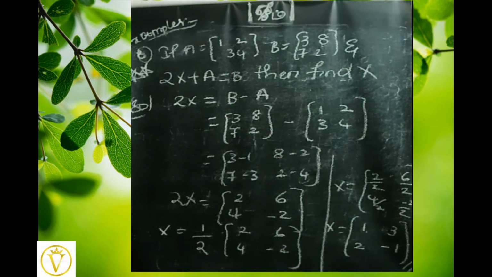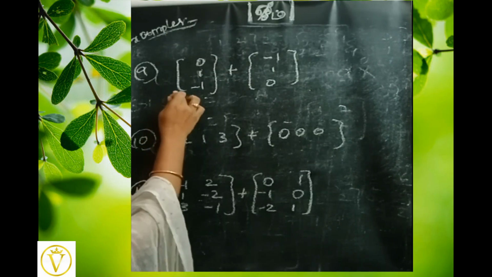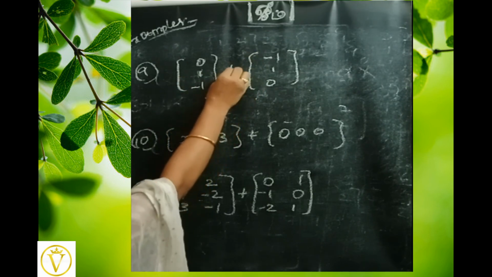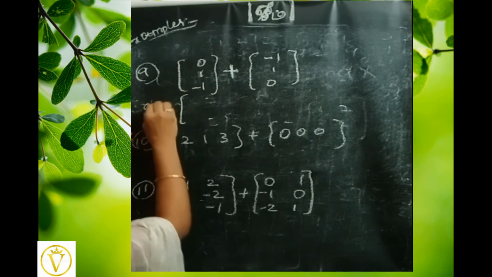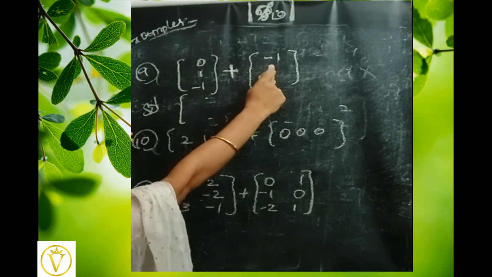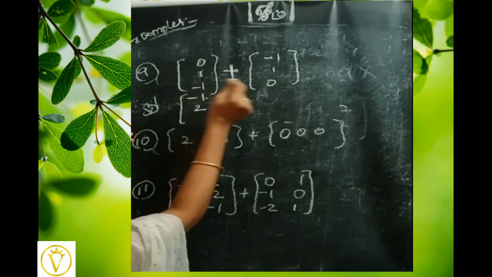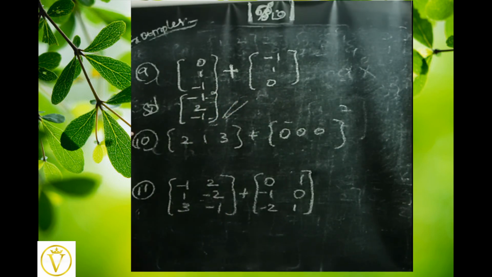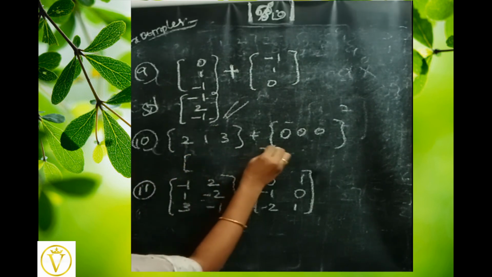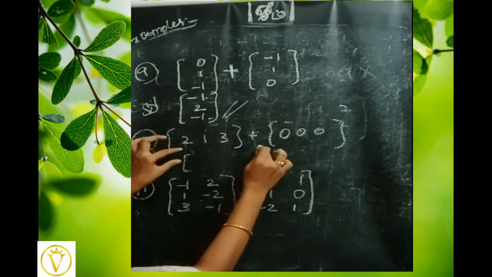Okay, we will go for another problem. Now we will see some small problems here. They have given 2 matrices and we have to add them. So the solution for this: 0 plus minus 1, here minus. So minus 1 plus 1, 2. Minus 1 plus 0, minus 1. Very simple. Minus 1, 2, minus 1. Next. See here. 2 plus 1. Whatever position. See here. You have to keep it like this only.